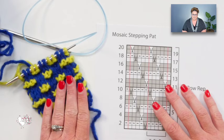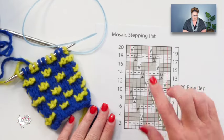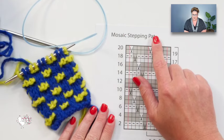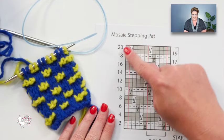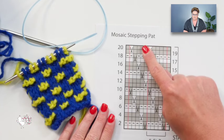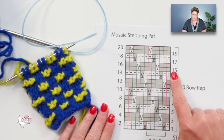The week 1 instructions had us make the Mosaic check pattern. And for week 2, we will continue on and we will work the Mosaic stepping pattern. Now, at first glance of this chart, you might think, oh, we're just going to have some diagonal stitches. But what's really going to happen is as we work these slip stitches, our work is going to look like